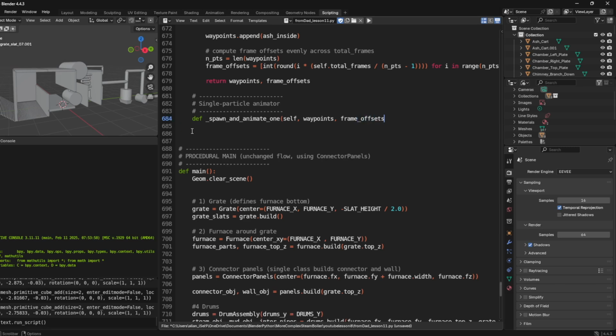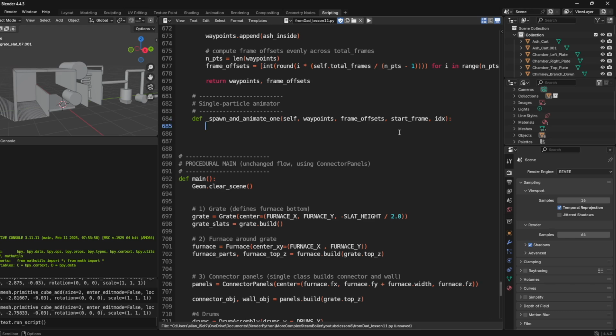So what we have up here, waypoints, are the points that we're going to animate using the start frame and the index, because waypoints and frame offsets are all lists and we need an index to switch to